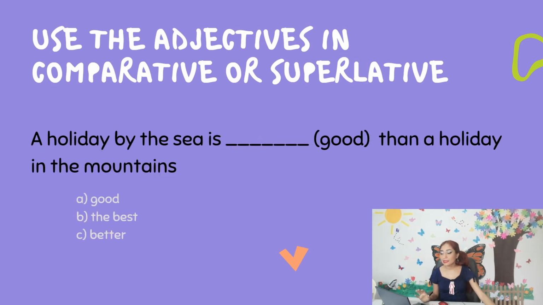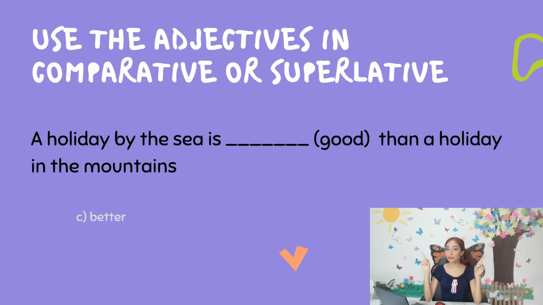One more. A holiday by the sea is blank good than a holiday by the mountains. A, good. B, the best. C, better. By the sea or by the mountains? Is it a comparative or is it a superlative? If your answer was letter C, a holiday by the sea is better than a holiday by the mountains, well